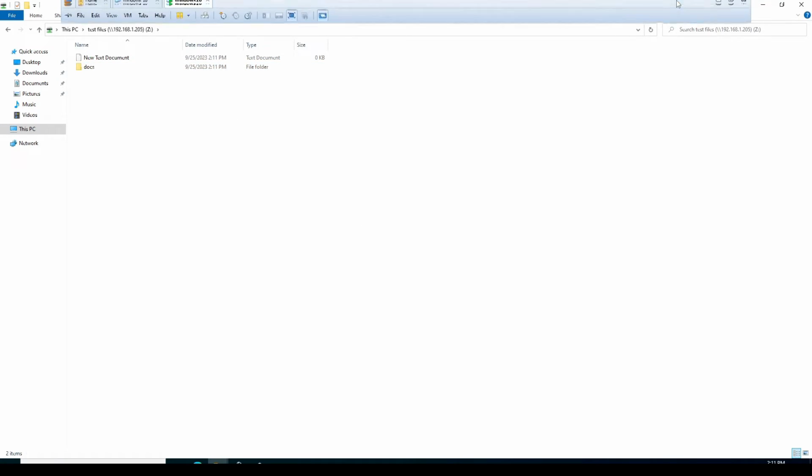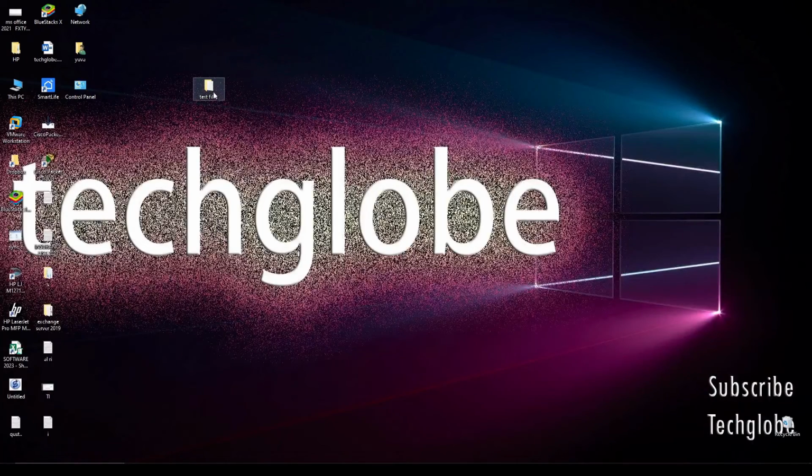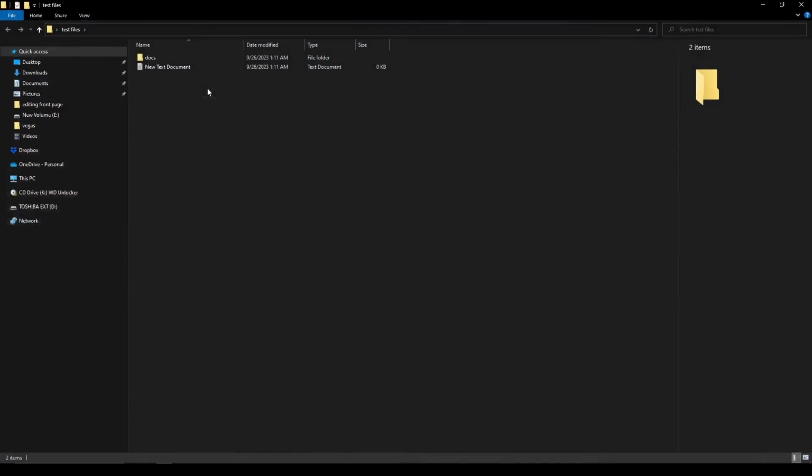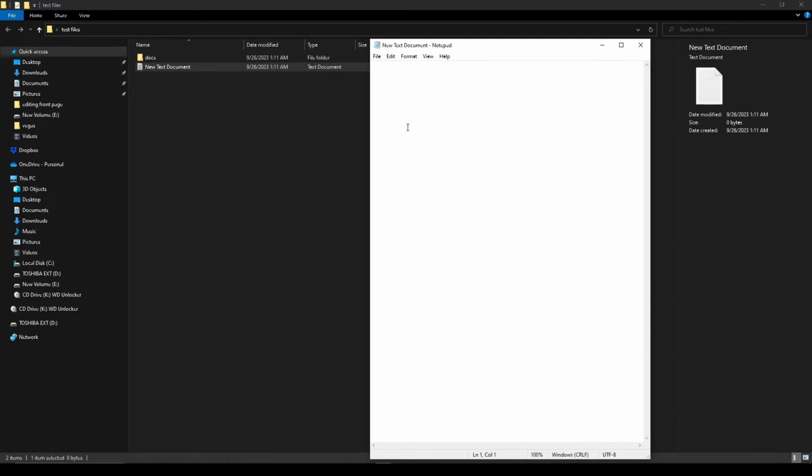Then you can see in the Windows 10 machine, open the test files and you can see here the docs folder and the text document appear here. I'm going to type: this is sharing file